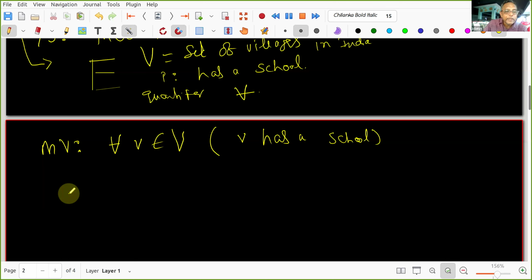Is there any change in the set? No, sir, no change. Where is the change? Can you tell me, in the property or the quantifier? The quantifier becomes there exists. There exists a small v belongs to V. Here also we write that, later we read it as: one can find a village, small v in V, such that